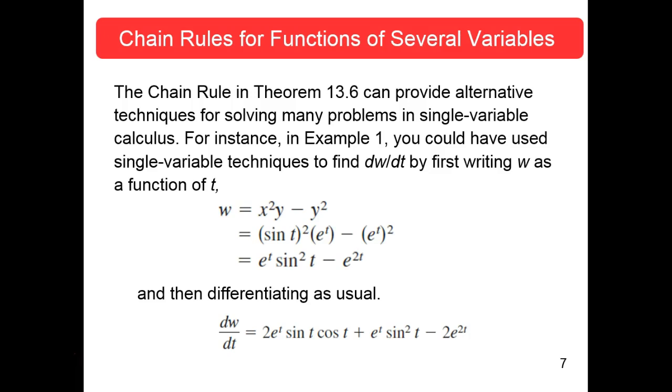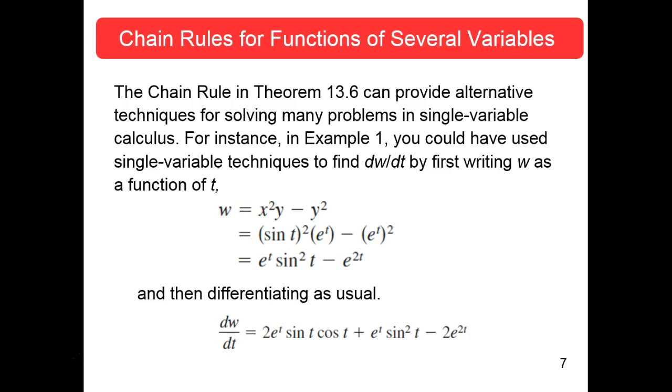Okay, let's pick up where we did last time. We're in Chapter 13, Functions of Several Variables. 13.5, Chain Rules for Functions of Several Variables. We had just started this section and done example 1, and where we are on the slide here is basically at the top of page 912. The chain rule in Theorem 13.6, which was the lead-off theorem in section